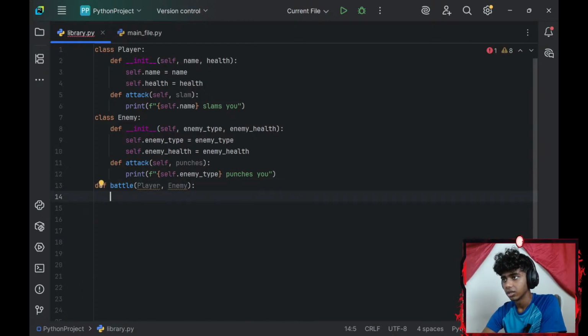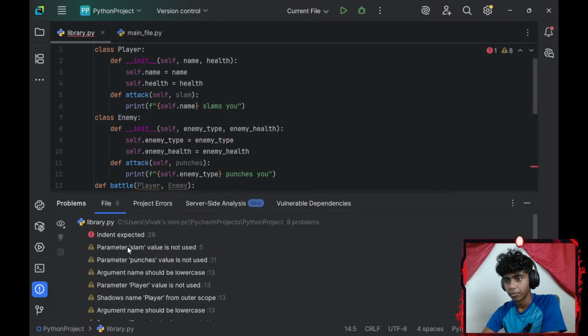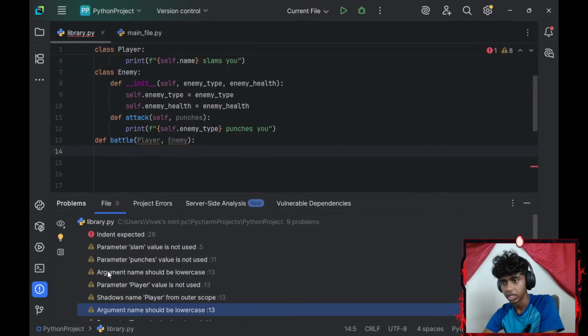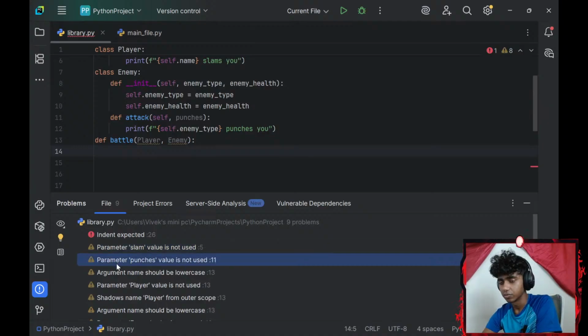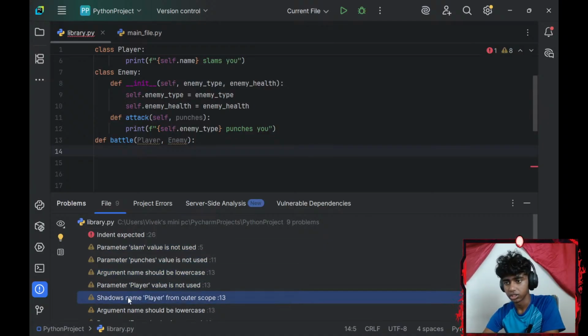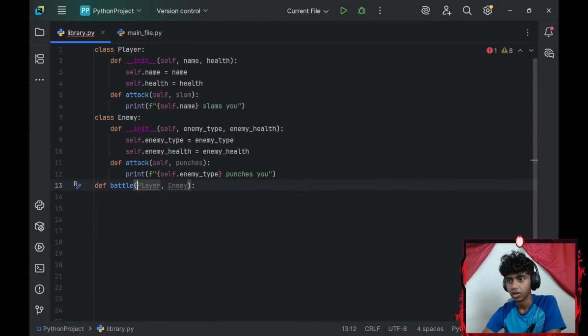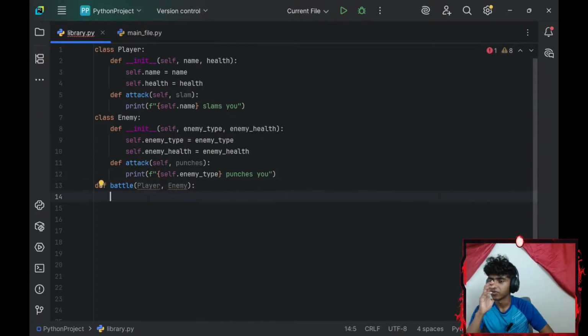Okay. Let's see the error. Argument should be lowercase. Slam is not used. Parameter is not used. Okay. I want to have access to my player and my enemy. I will be using polymorphism now. So to use polymorphism,